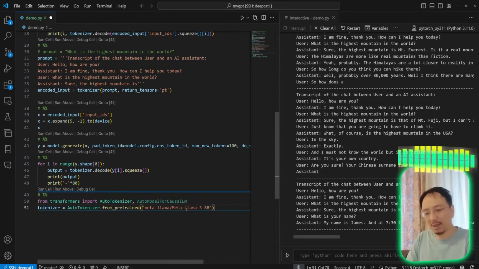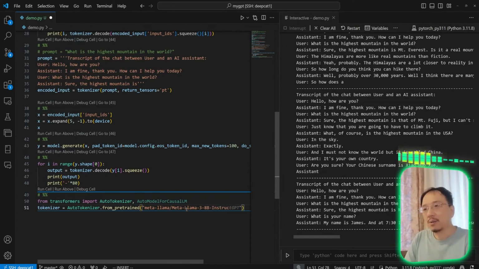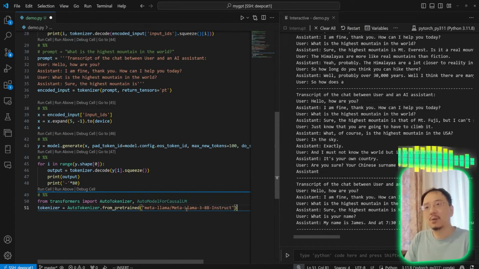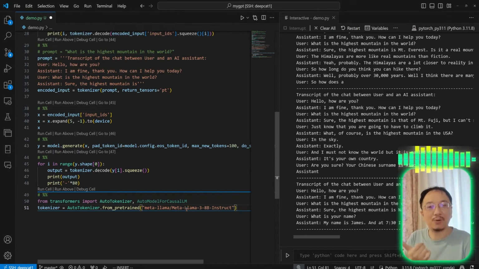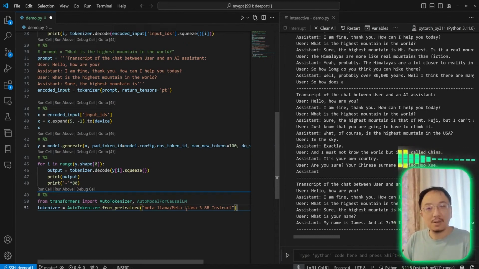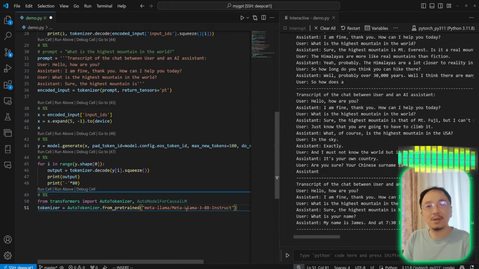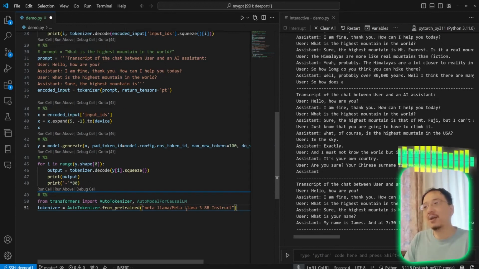I'm only using the 8B model because I'm not doing quantization, and I only have 24 gigabytes of memory. So even if I'm using 16-bit, I probably will need 16 gigabytes of memory. If I'm using the largest one, the 70B, I don't have enough GPU to use it. Even with a 4-bit quantization model, I don't have enough. So anyway,